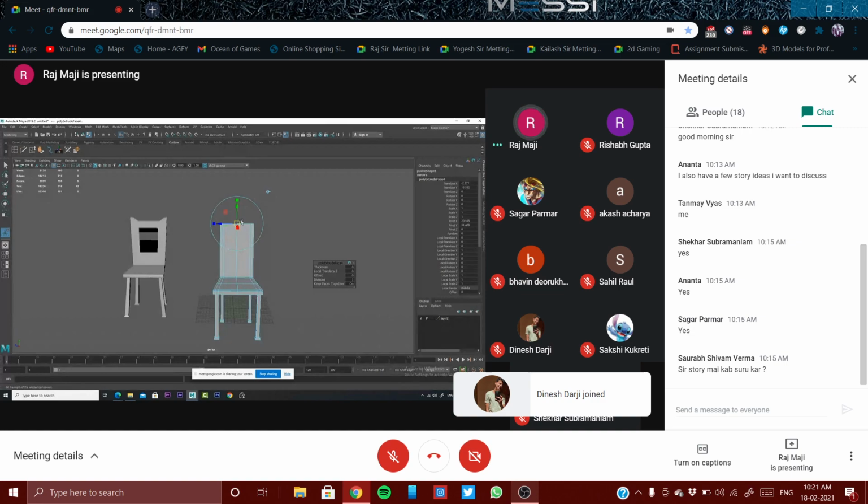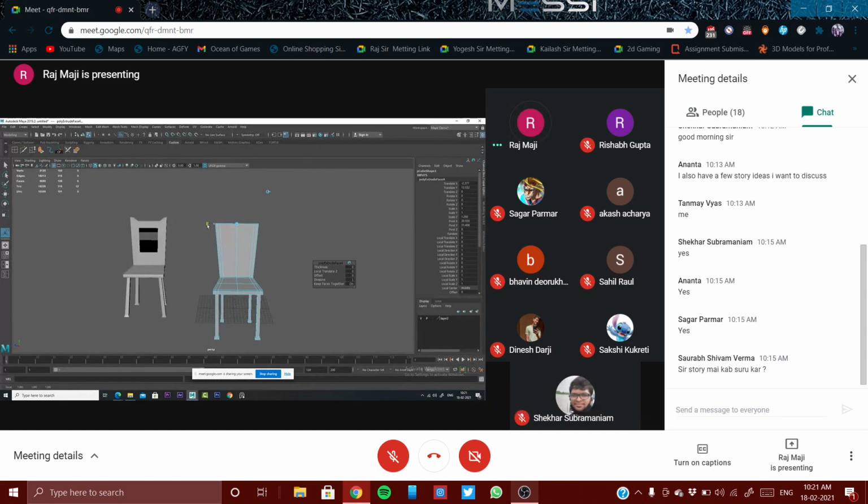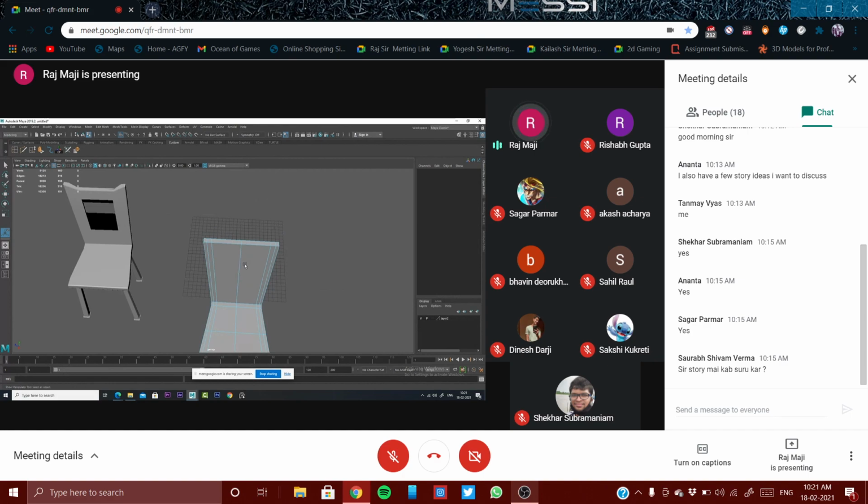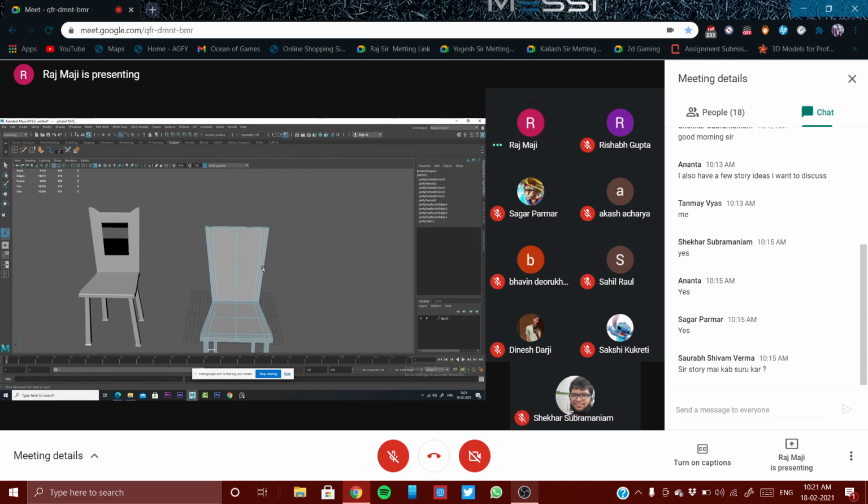Okay. And in your model, I can see it is a little bit like this. So the same model I'm creating. Now selecting these two, pushing them downward. Trying to mimic the design you have made.